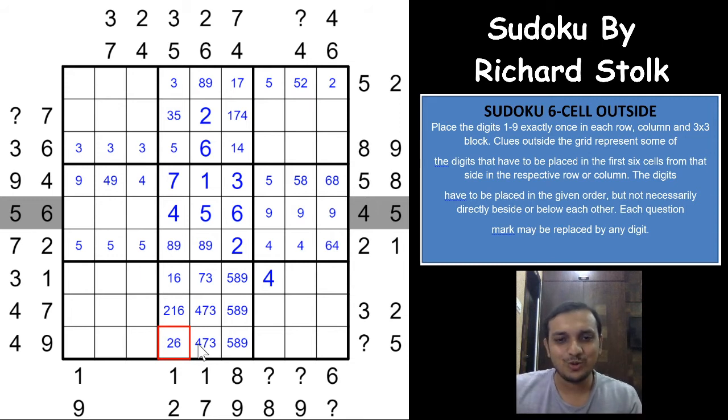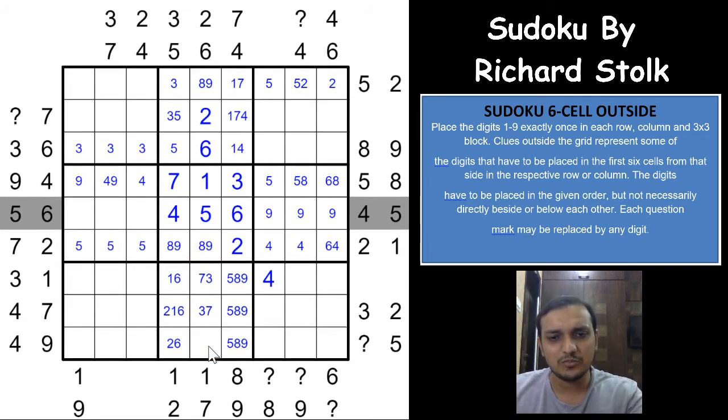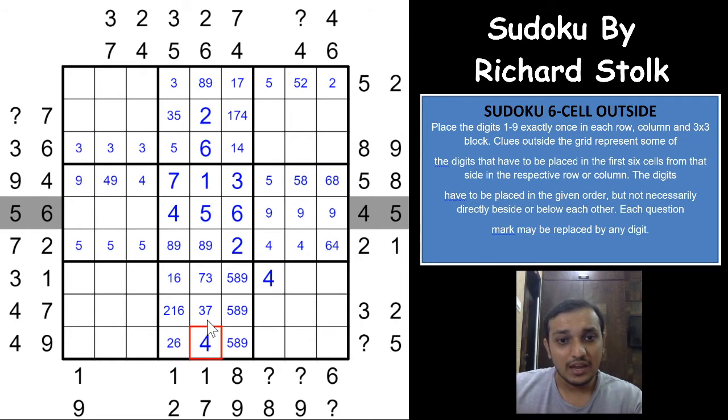Excellent Sudoku. So if you see here, you cannot have a 4 here, because the next digit would have to be a 7, which means that you get a 7 3 3 7 possibility here, and you have a 7 3 pair, which means this cell becomes a 4 here now. And this cannot be a 3 as well, because if it is a 3 here, the next digit would have to be 1, which is not possible, so this would have to be a 7 and this would have to be a 3. Excellent logic, guys.